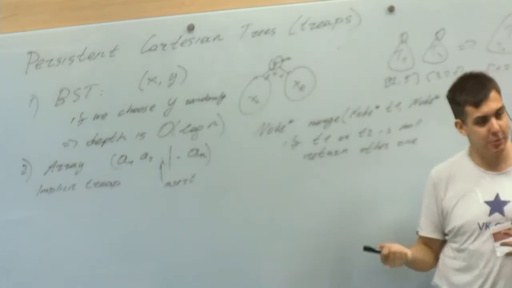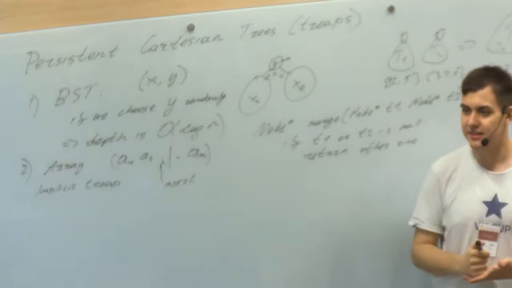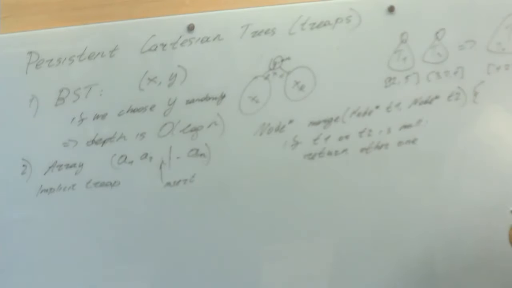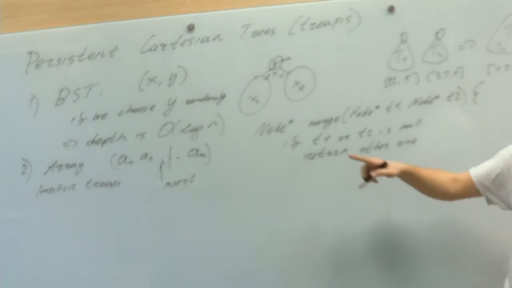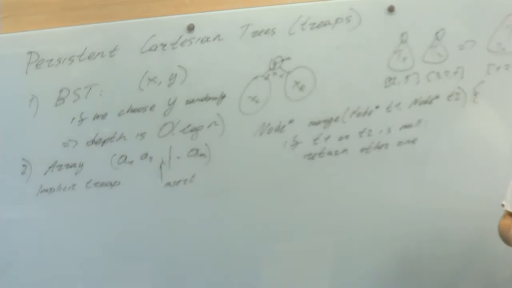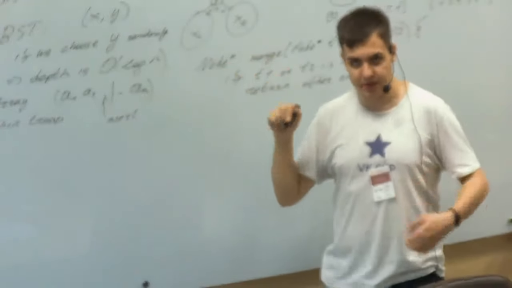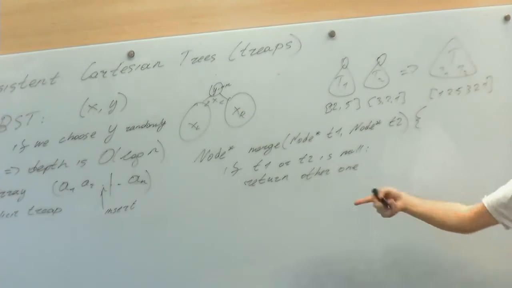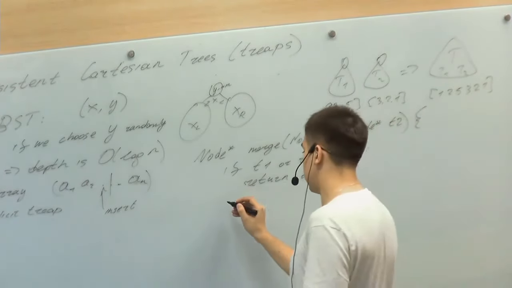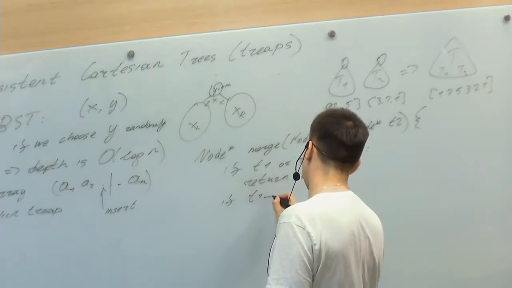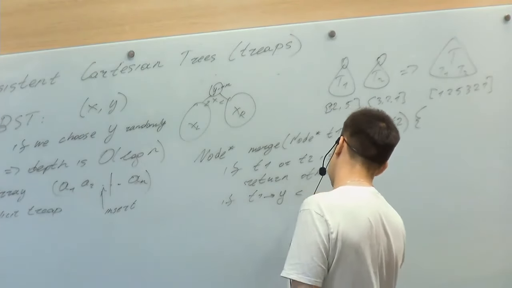It might not be that self-evident, but the heap property requires that the root has the minimum value. So X is the binary search tree property and Y is the heap property, where the root has the minimum value. And so if T1's Y is less than T2's Y,